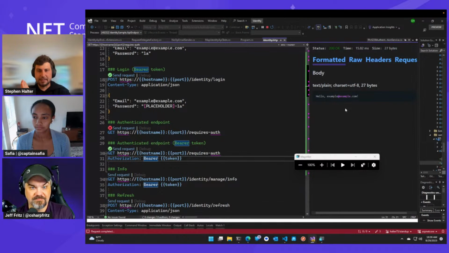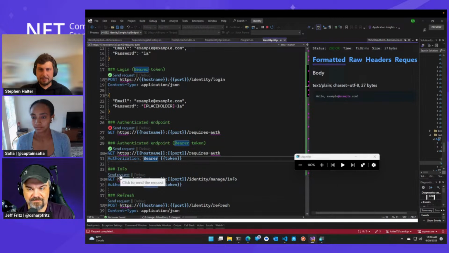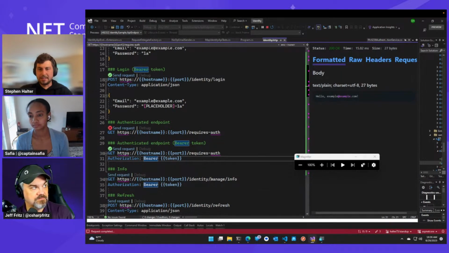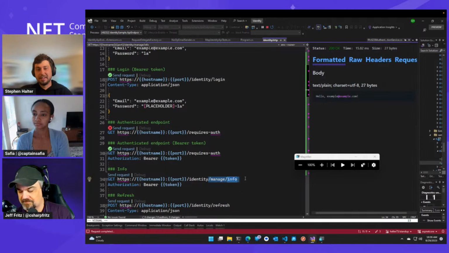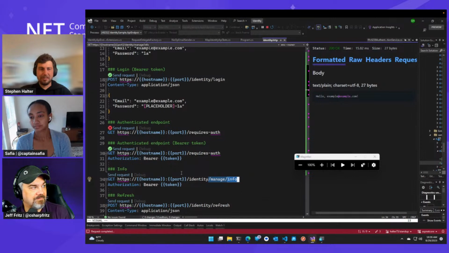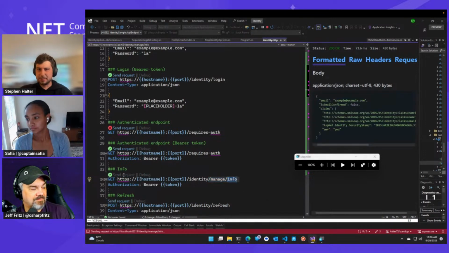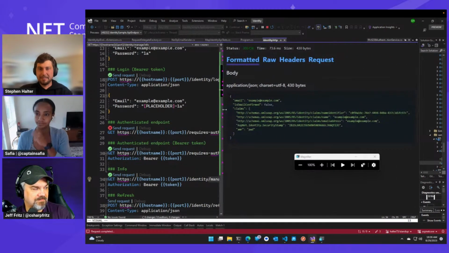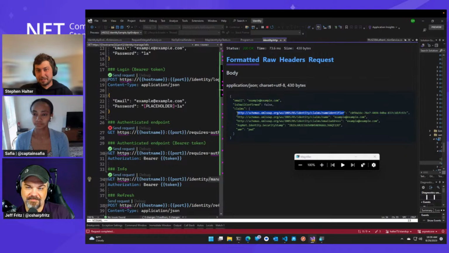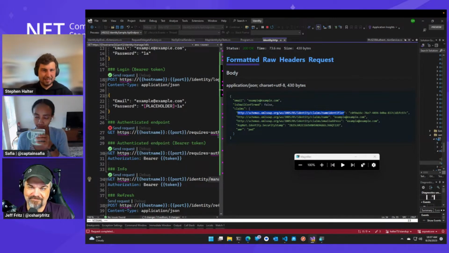And then we can also see some information about the users. So for instance, if we hit this manage info, which currently in the Preview 7 release is called account info. So we did some renames there. There will be a breaking change announcement. You can see your email, whether it's confirmed, and various claims you may have. The names of these claims are also configurable. Some people don't like all the SOAP, but that is the default. It has been in identity for a long time. But you can use things that are shorter.